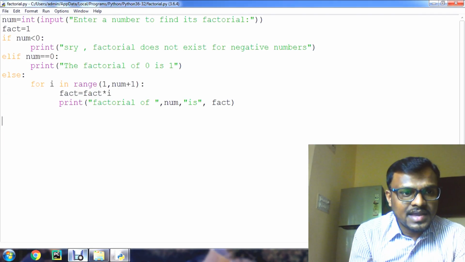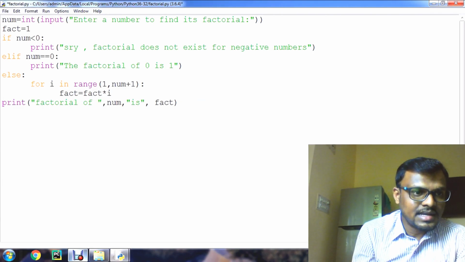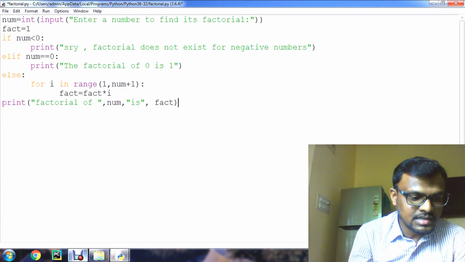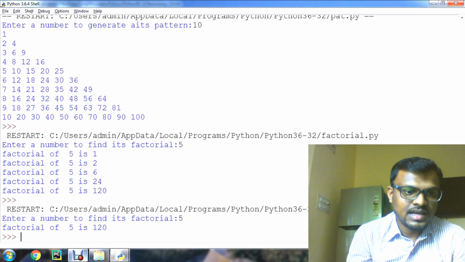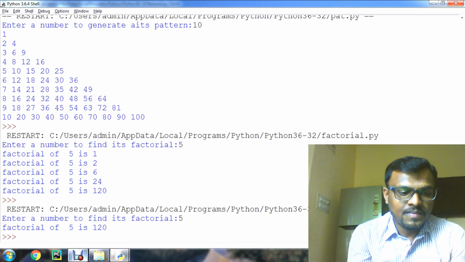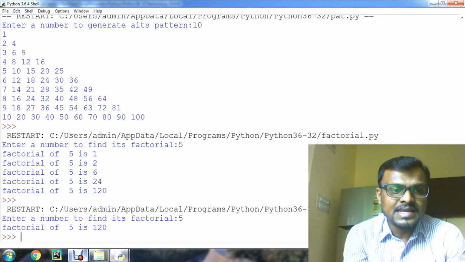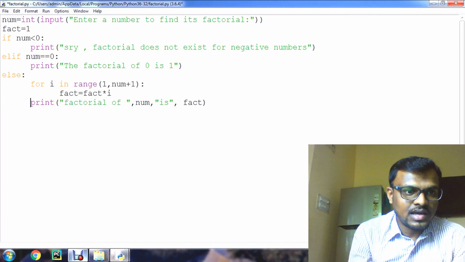Now you can come out of the loop and make the print statement outside, like this. Now you can print the factorial of 5. It gives the direct answer. If you want the series, then you print inside the loop only.